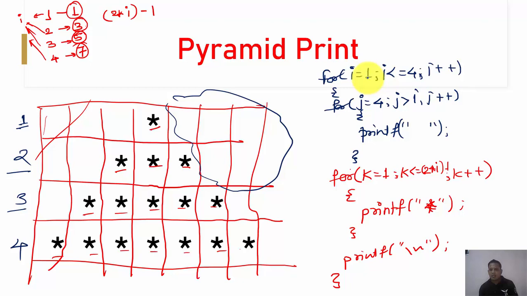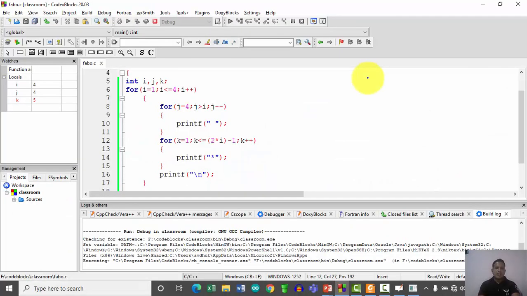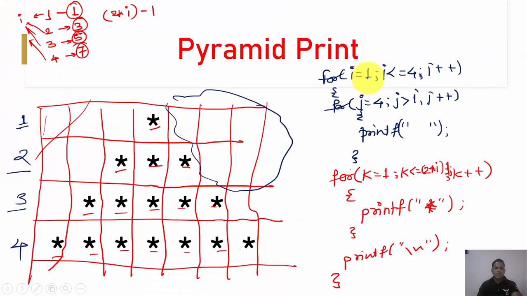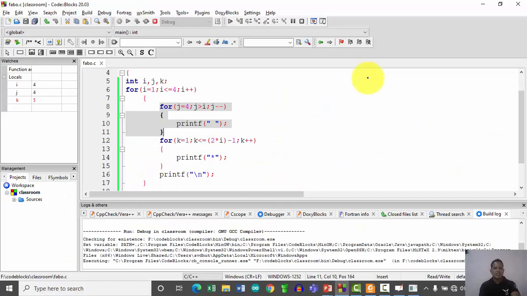Is I minus 1 present over here. Okay, so let us cross check this. So we are here, initially I is 1, I is less than or equal to 4, I plus plus, the value of J is 4, fine. So 4 is greater than, that is J is greater than I. So this loop gives us the blank space, that is the first target. First I'm going to initialize this line as indicated, and once I initialize the line, I'm going to put this blank space, right?